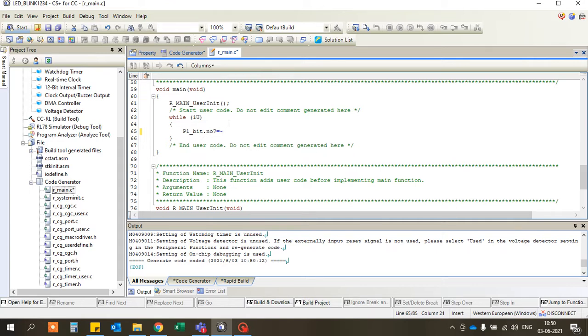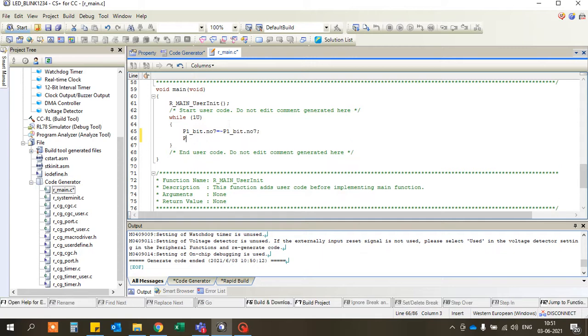P1 underscore bit no 7, P1 underscore bit no 6. This is the syntax when you have to handle the port. Now this is only for the toggle.